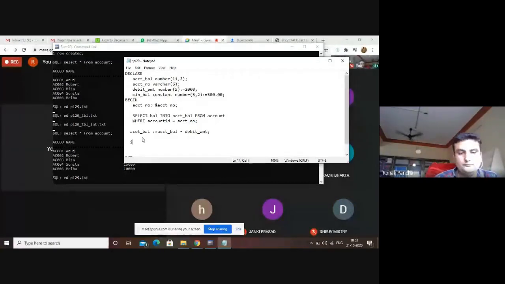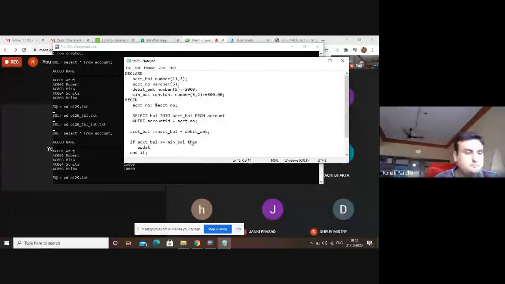Now if account balance is greater than or equal to minimum balance, right? This is the minimum balance, MIN_BAL, this 5000. If account balance is greater than or equal to 5000, it means minimum balance, then the update query is fired.